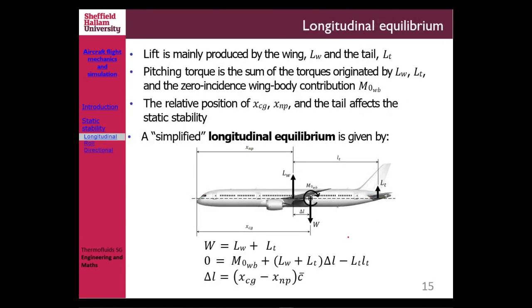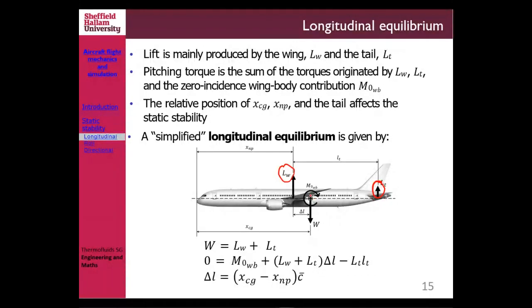Okay. Now, let's have a look at the equilibrium we're talking about. The lift is mainly produced by the wing, as you know. So you have the lift from the wing, LW there, right? And then you also have the lift produced by your tail, which is LT over there. Now, the pitch torque is the sum of the torque originated by the lift from the wing and the lift from the tail. And of course, the inherent pitching moment is already there, which is the M0 wing body, right? So if you talk about the equilibrium of moments around the CG, which is over there, then obviously